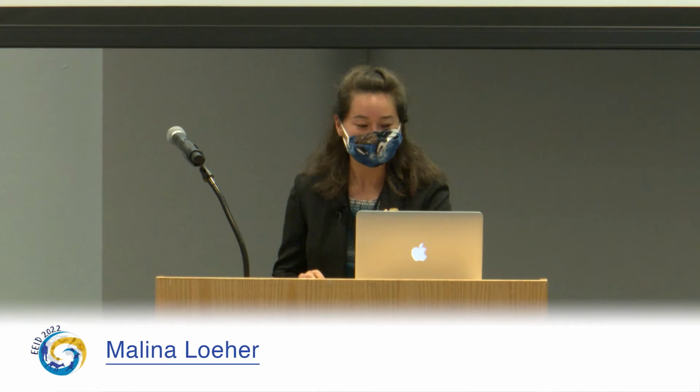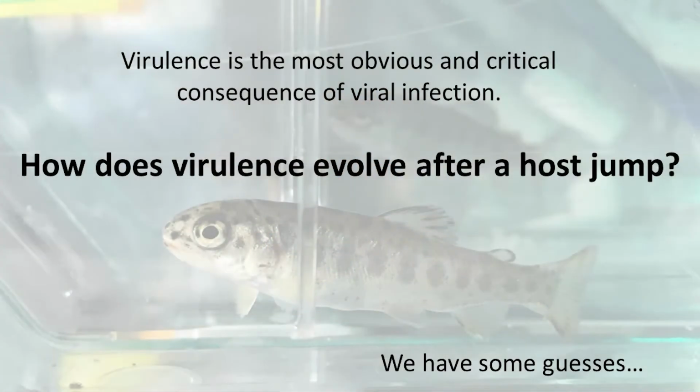So I work on virulence, and as many other talks have alluded to, virulence is a really critical consequence of viral infection, and understanding virulence is really critical to managing diseases, particularly after host jumps. This is important not only for wildlife, but as we've seen over the last 2 years, also for human populations and many others. We really want to know how virulence is going to change after it emerges